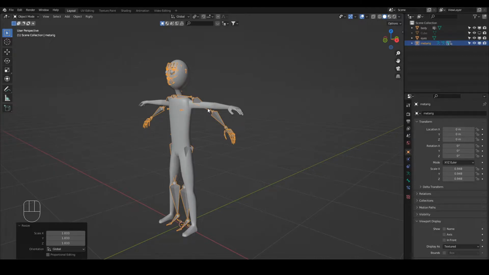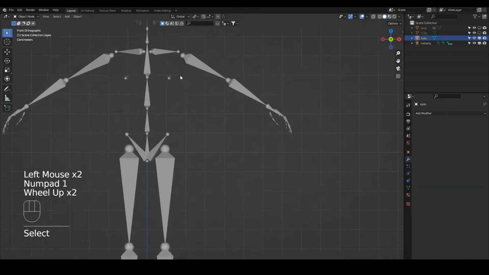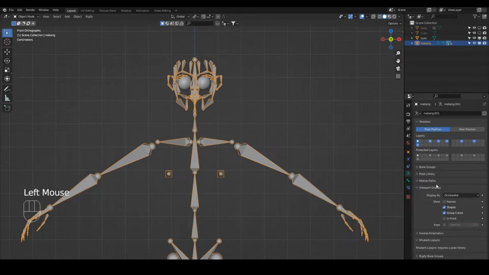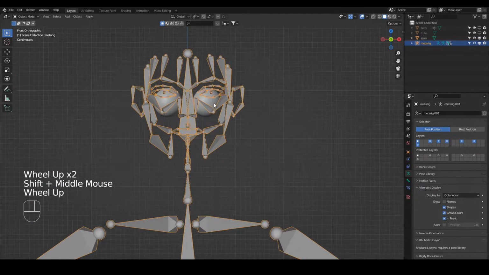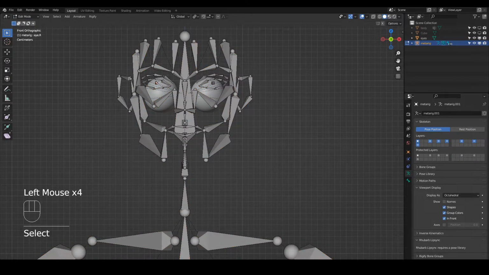I'm not going to go into it too much, but I'm just going to talk about how we can set the bones of the eyes. So let me come down here, make sure I can see this. I'm not going to go through all this, but I'm going to just do his eyes. So I'm going to go into edit mode on this just quickly. I just want his eyes